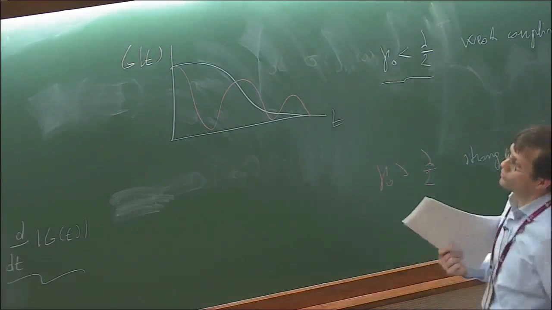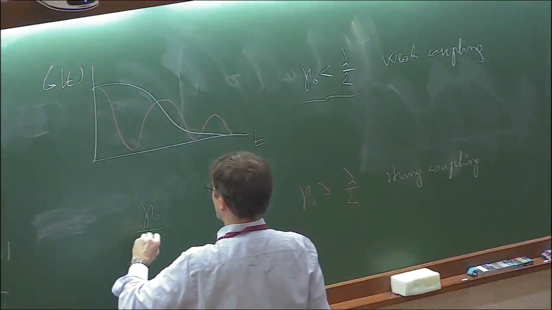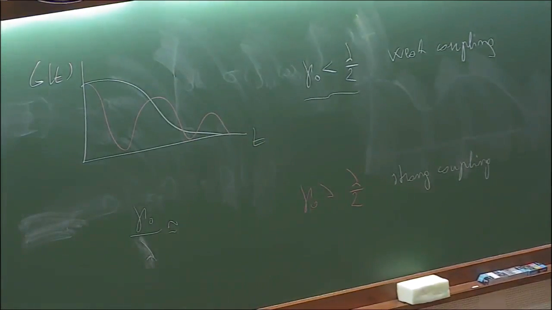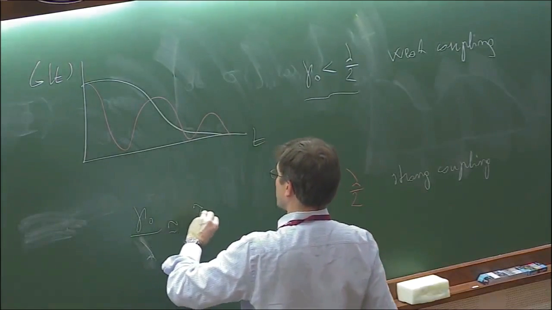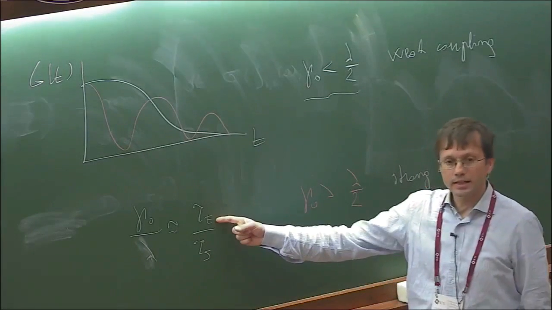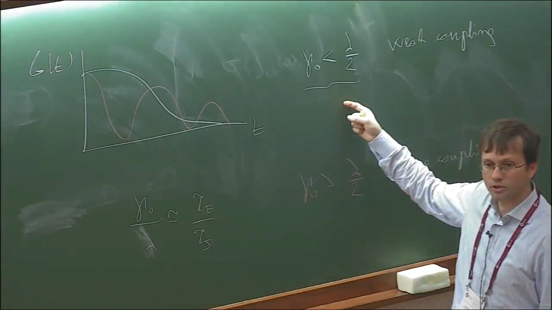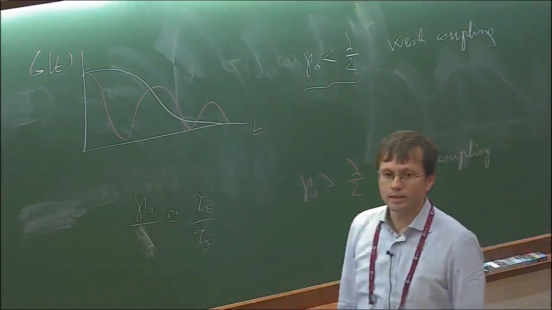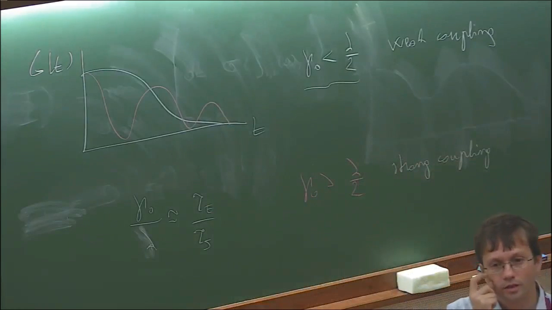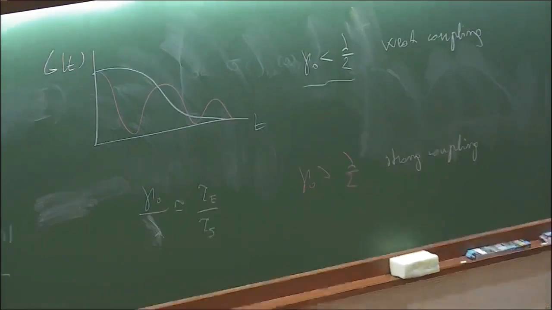And if you look at this quantity, the ratio between gamma 0 and lambda, according to what we have introduced, is equal to the ratio between tau e and tau s. So when the typical time scale of the environment is much smaller with respect to the time scale of the system, in the weak coupling situation, you have a Markovian dynamics. When the time scales are comparable or the environment's becomes longer, then you go over to the non-Markovian situation. So in a sense, it's a natural description.